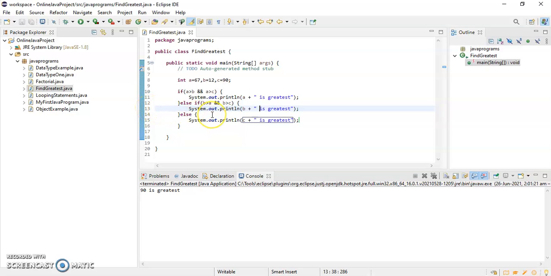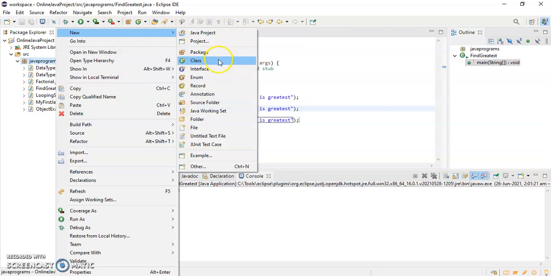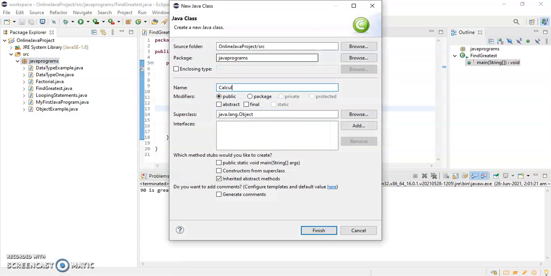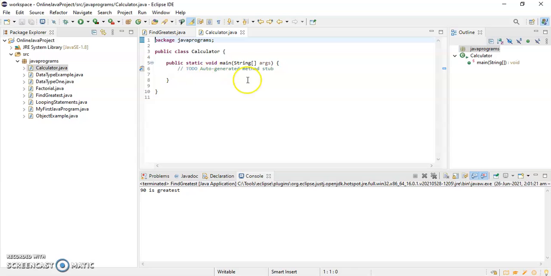Now let's see one more conditional statement, switch case, where we have to avoid multiple if else if statements. I will show you how we can avoid it. For example, say I have to write a program of a calculator. Using if else if, how can we write it? Let me just write calculator. Here I need two operands and one operation to be performed.